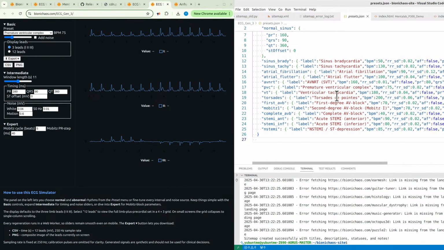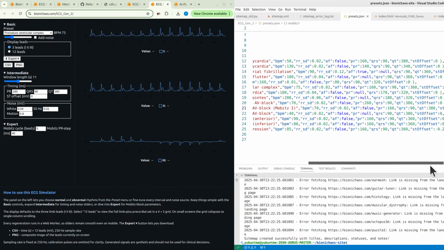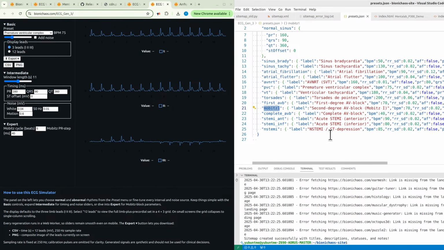Right, and this has these presets, which is actually more useful, isn't it? It's more practical. Could use a description there as well.